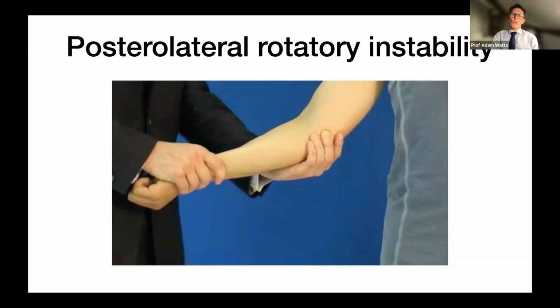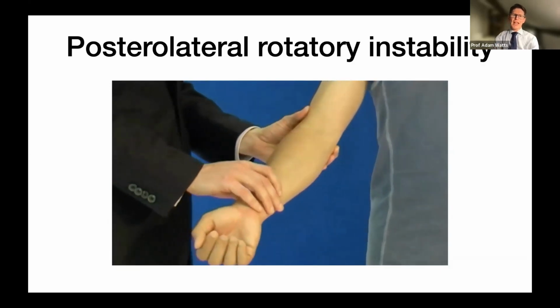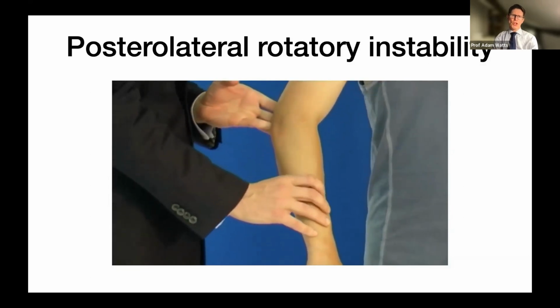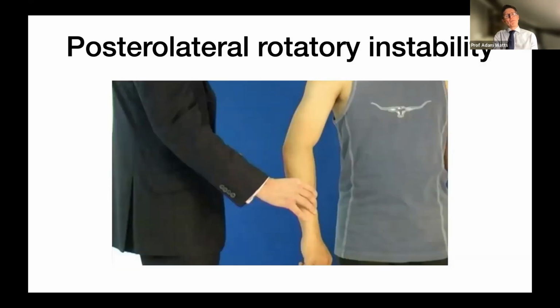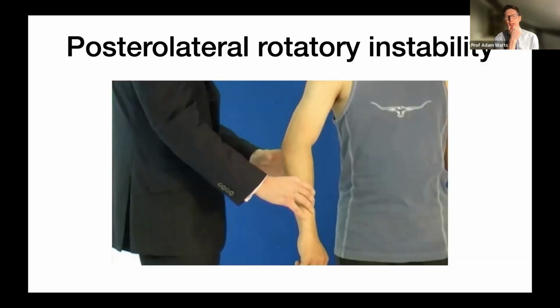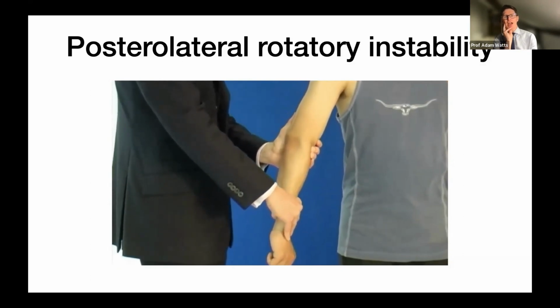We then want to consider posterolateral rotatory instability if there's a history of trauma, if the patient's reporting locking symptoms in the elbow, or more of a sharp stabbing pain in the lateral aspect of the elbow. We always start by examining valgus stability before fully internally rotating the humerus, so that we take humeral rotation out of the picture. And with the elbow flexed at about 30 degrees, we then want to apply a varus force